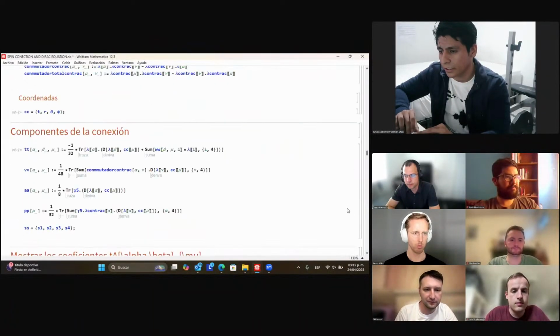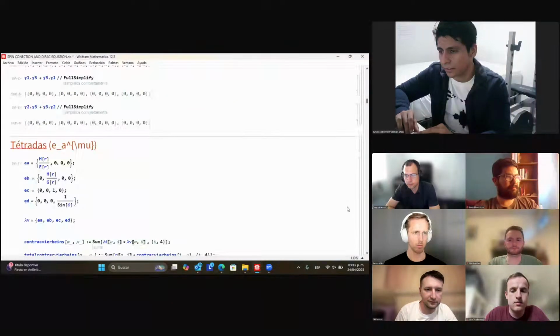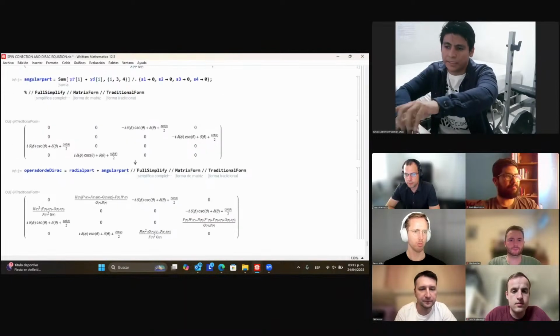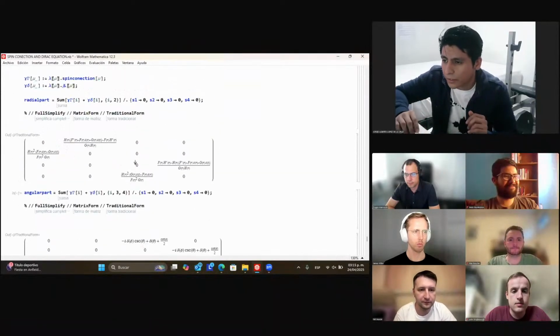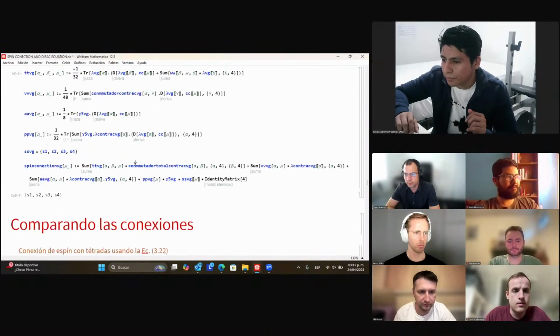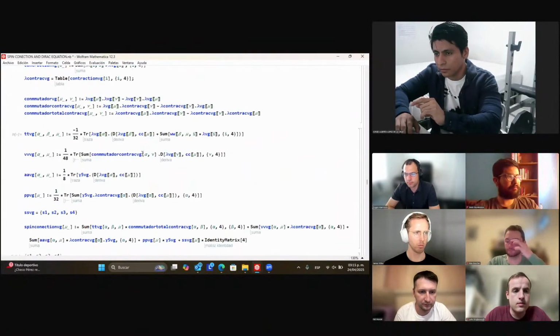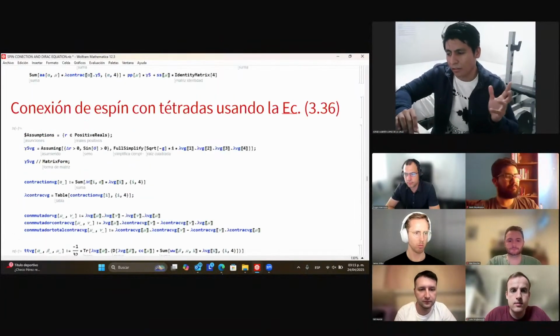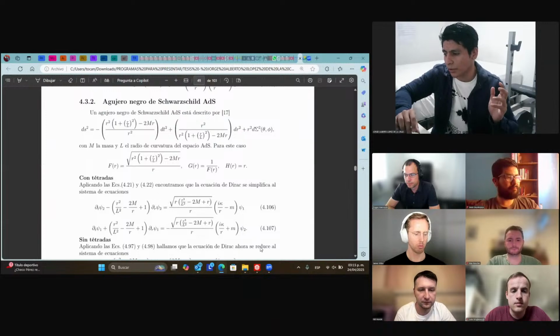And finally we obtain this. Well, this is the Dirac operator. The spin connection is right there, right there, right there. This is the spin connection, and obviously it's hard to compute, but